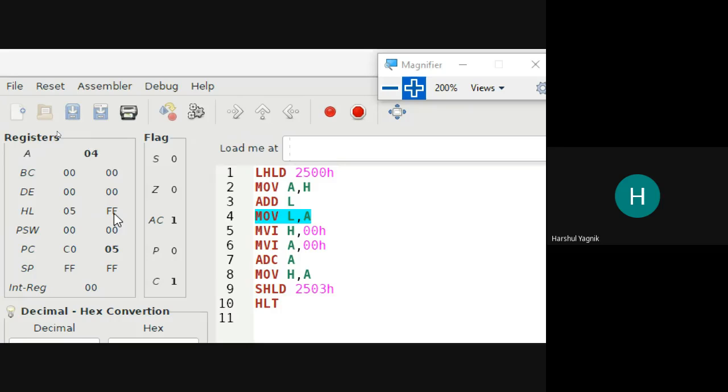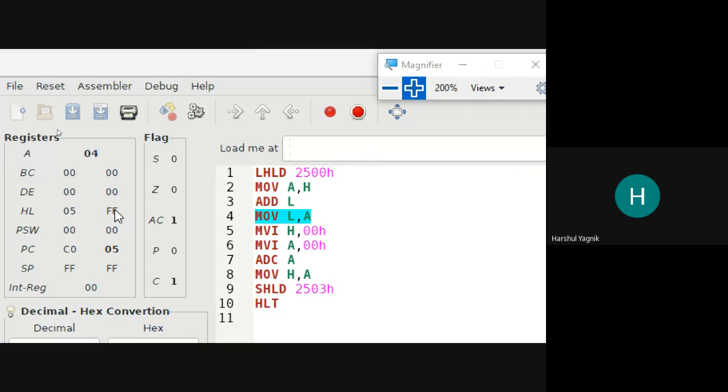Here purposely I have kept the value of one operand FF, which is already the maximum value possible for 1 byte. That is why when addition is performed, the result of addition will be more than 8 bits. Is it clear?